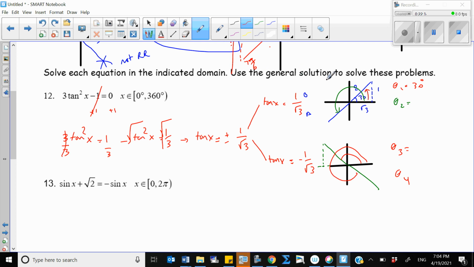Last part is to use the general solution. That means whatever you find as the answers, you need to use the general solution. What is the general solution? I'm going to write that here for now. If we have sine and cosine, the general solution is whatever the angle that you find here, you're going to write that and write plus 2 pi n. If you have tangent, the angle is going to be theta plus,